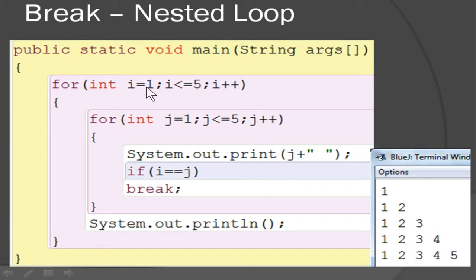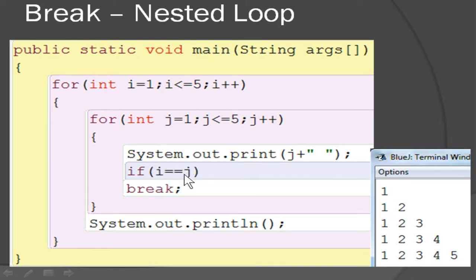First time, i value is 1, and the condition is true because i is less than 5, so it enters the inner loop. In the inner loop j value is 1, j is less than or equal to 5, so the condition is true, it enters and prints the j value, that is 1. After which, i value is 1 and j value is 1, so the condition given here is true.